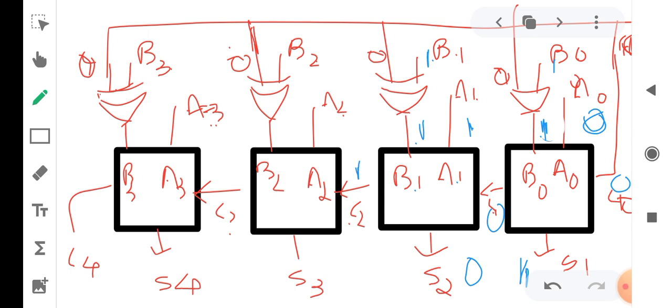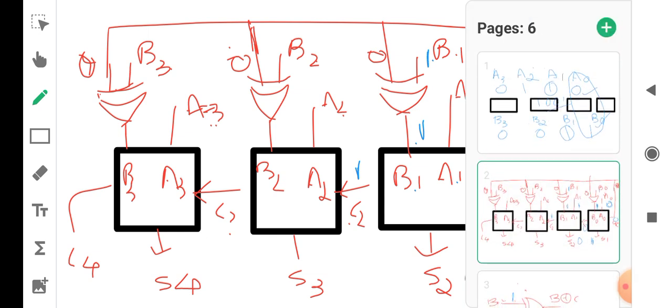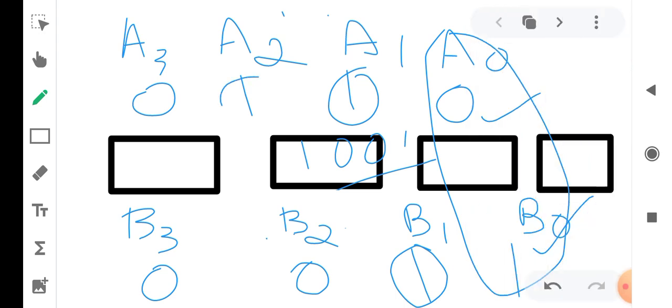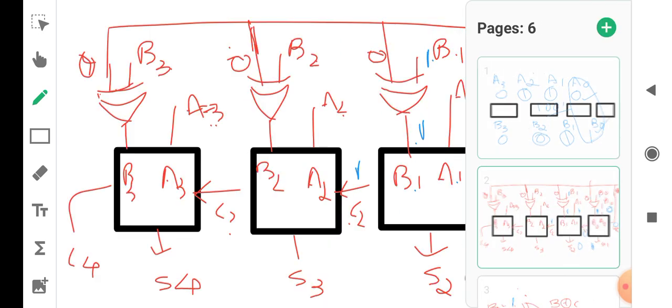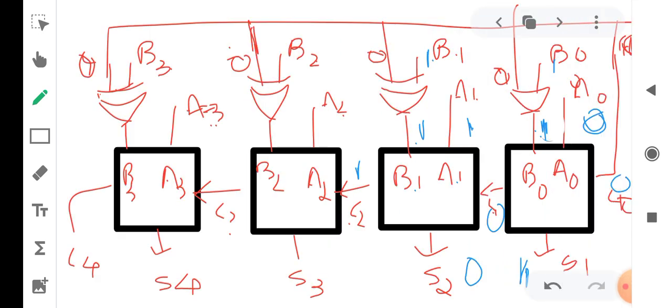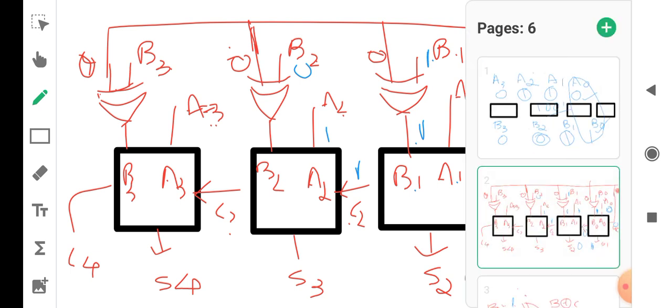Next, we are more concerned about the output of the XOR. Now we need to see A2 is 1 and B2 is equal to 0 here.